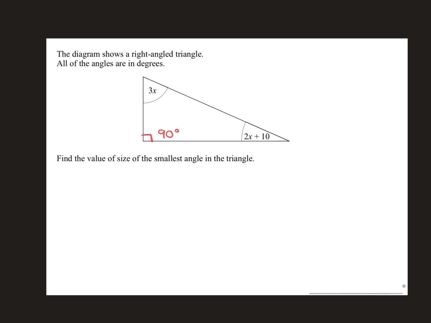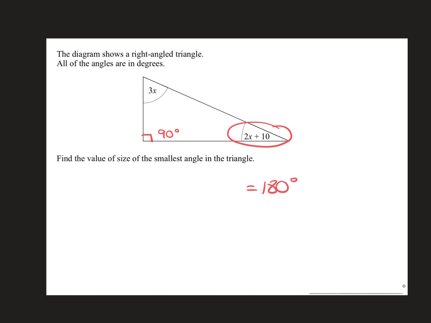Find the size of the smallest angle in the triangle. So this here would be our smallest, and we want to find out what that is. And in order to do that, we need to find out what x is. Now, one thing you need to know here is that all the angles in a triangle add up to 180. So we need to find out what we have in total here, and then we know that that equals 180